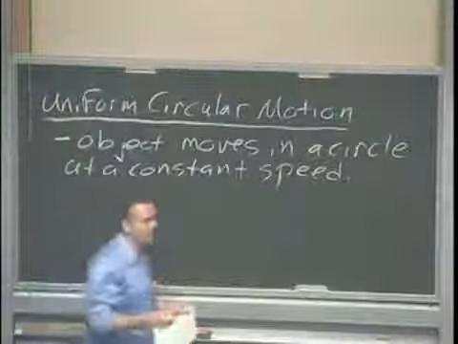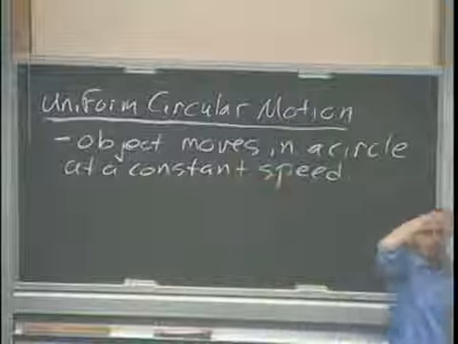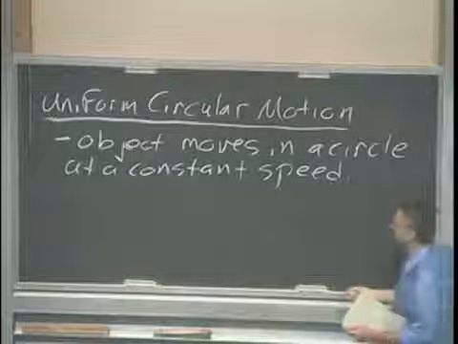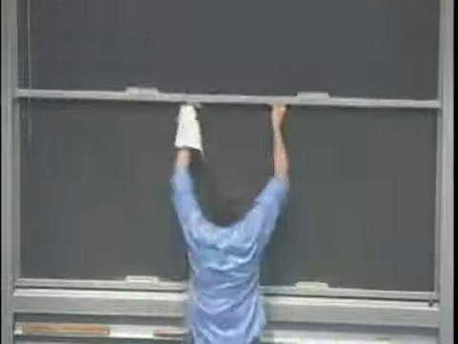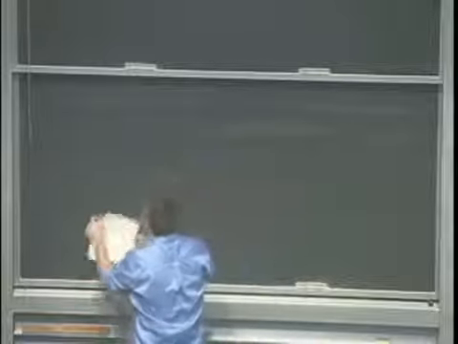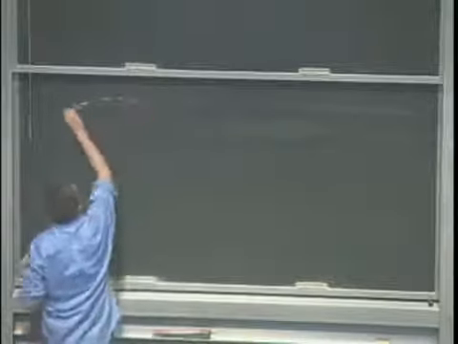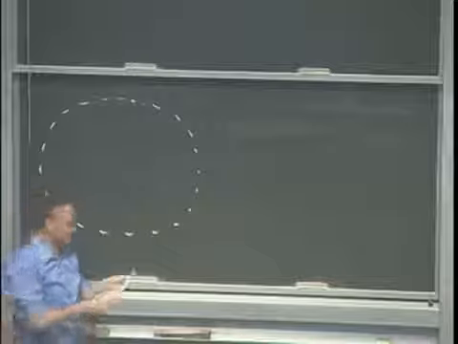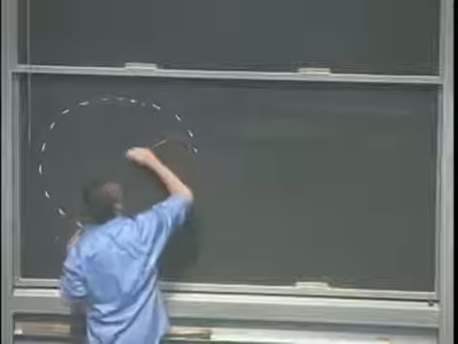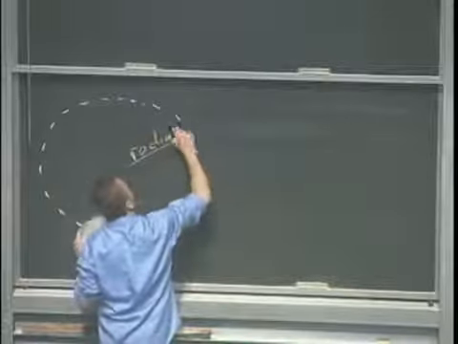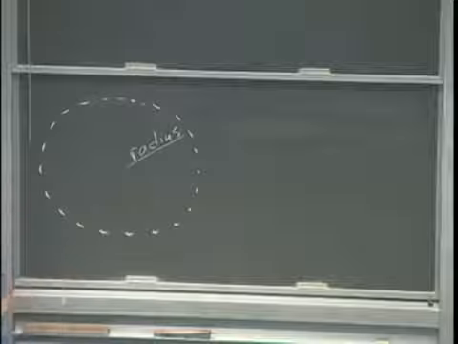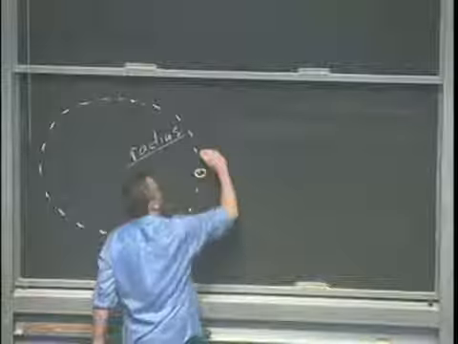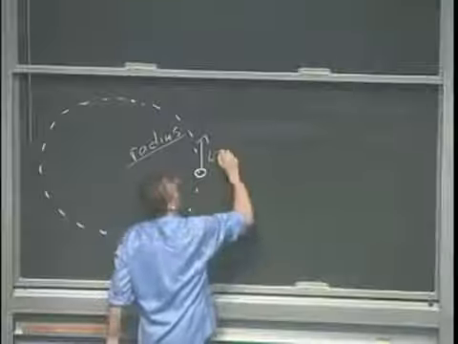So let's draw that mass on the string as if we're looking down from above. So we're up on the ceiling looking downwards. Okay, so we've got our circle here. The circle has a radius. And if we just look at the mass as it's moving around in that circle, then let's draw it at a few positions. There's its